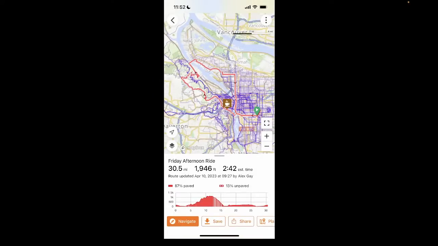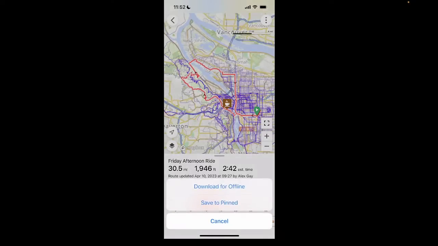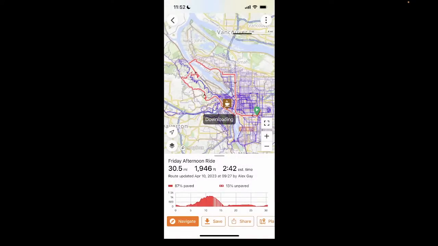And of course, if I wanted to save this offline, I can tap save at the bottom, download for offline. If I wanted to navigate it right now, I would just tap navigate in the bottom left and start getting turn-by-turn voice directions from our mobile app. And since it's saved offline, I can put my phone into airplane mode, make sure that I can minimize battery use. If I'm without cell data, I can always have this map available, the route available, the map tiles available,